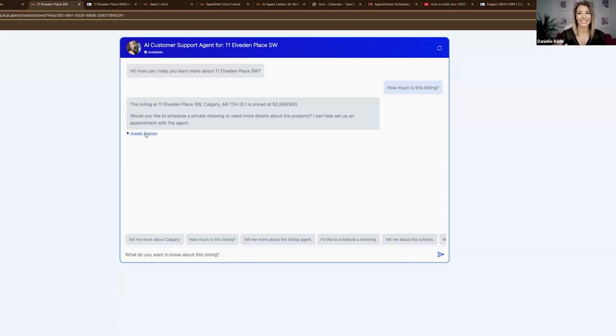Okay. That makes it stickier as well, right? Because it removes the question in the customer's mind: am I checking everything? Do I have access to all the information, or do I need to go elsewhere to vet this? So it makes it stickier. That's exactly right. So let me tell you more about Calgary.